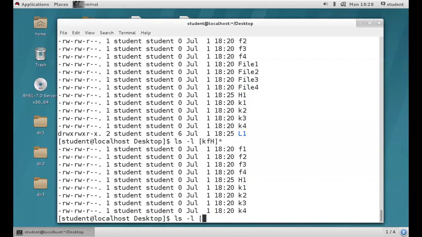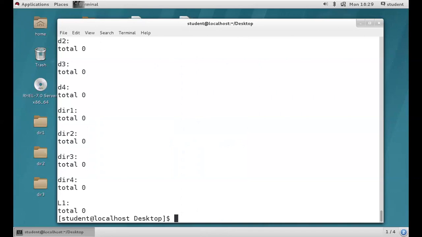With ls -l, I should not print files starting with K, and I should not print files starting with F. Apart from those, I need to print everything. What do I need to do now? You need to keep an exclamation mark in front of the K and F. I hope you got it, guys. Exclamation mark means not. Apart from these, everything we are going to get. See. So clear, guys? Apart from that, you are going to get everything.